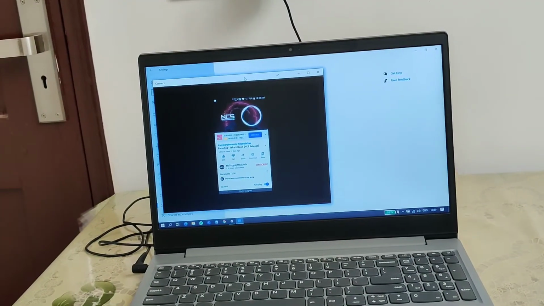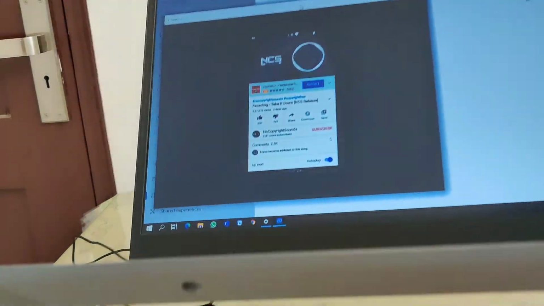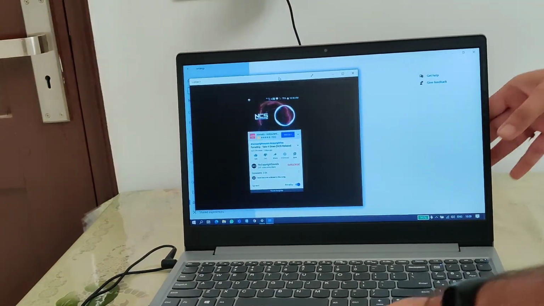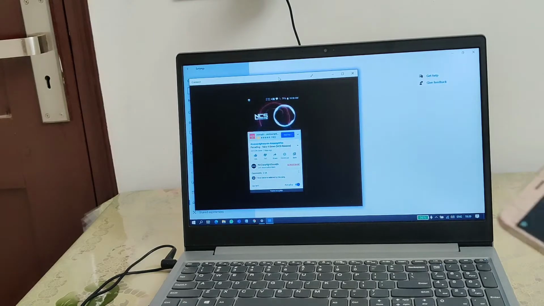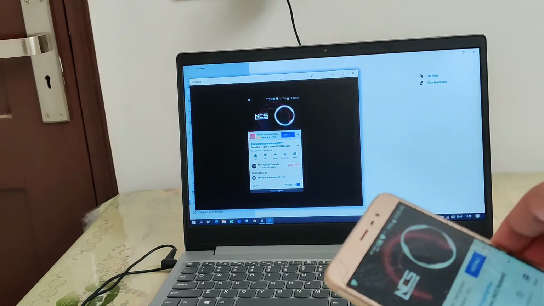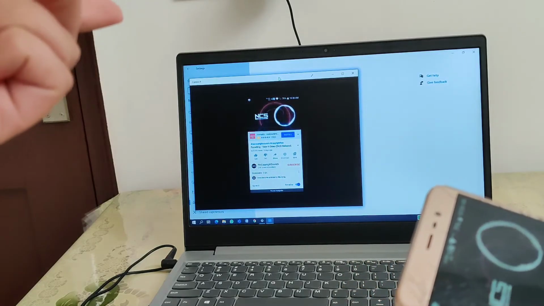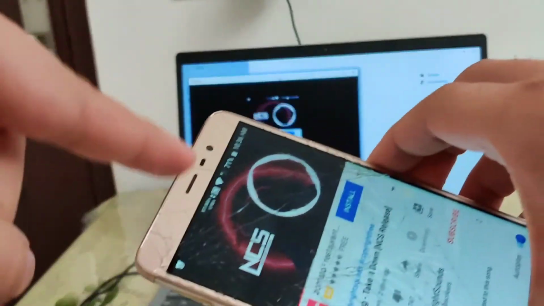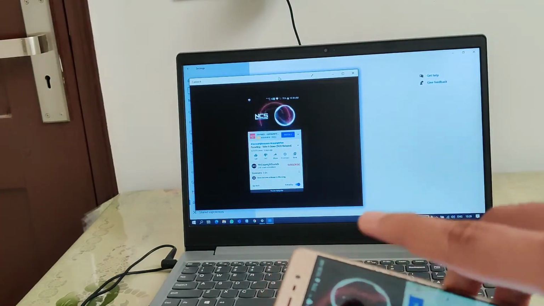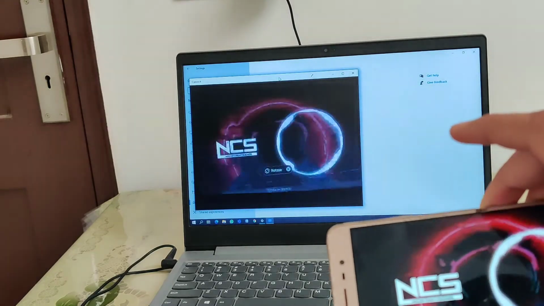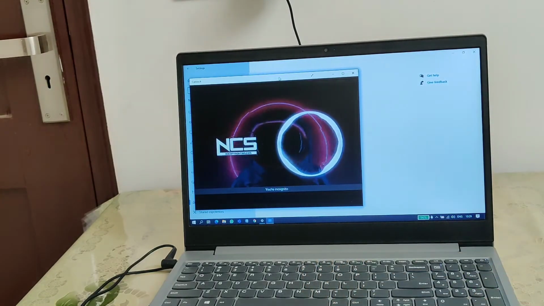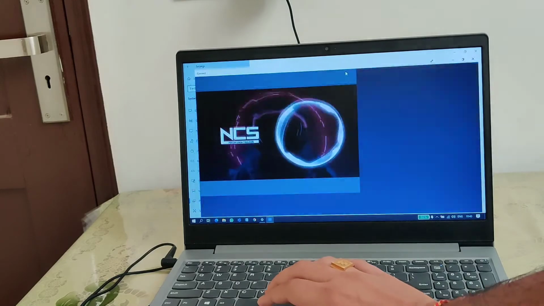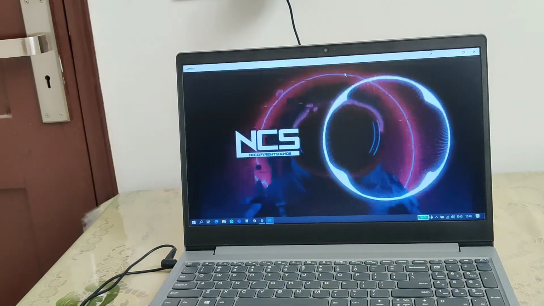So let me bring my laptop closer to the mic. You see all the audio is coming from my laptop, not from my mobile. If you want to cast your games, then you can cast and record from the laptop screen. For this, if you want to hear the audio, then you have to put the headphones in your laptop, not in your mobile. You can also project it in landscape mode. You see landscape mode is there. You can also maximize the window. You see you can maximize the window.